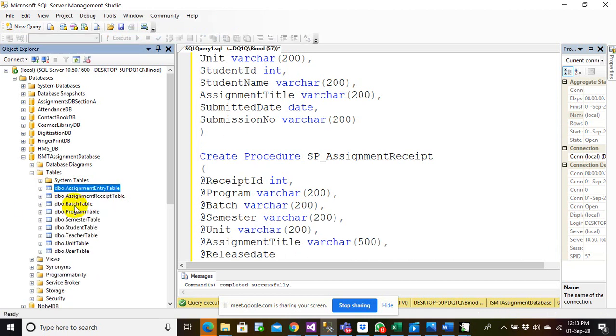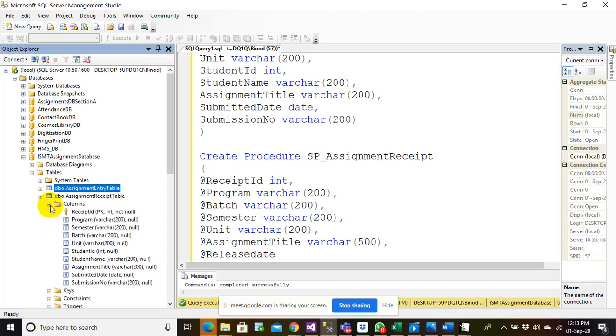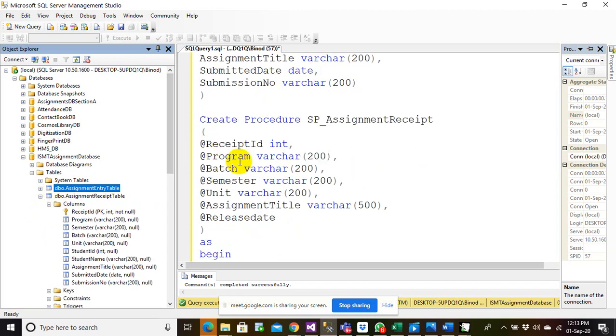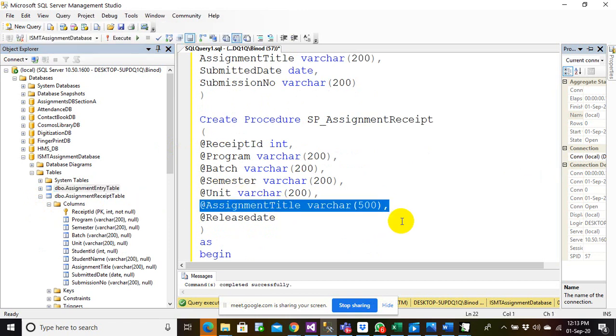I think I have a different one. This one should be receipt ID, program, batch, semester, unit, student ID, should be the same.